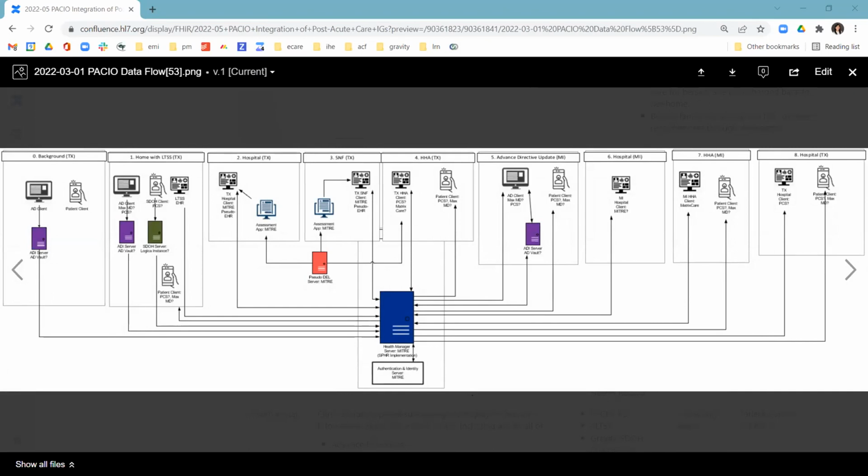So the data that's being stored, are you storing condition resources and goal resources and things like that? Only if your group, your IG has those in it, because the other IGs that we're integrating, as far as the PACIO cognitive and functional status, doesn't deal with the goals. There are some goals related to the advanced directives that does use the goal resource, but in a little bit different way than I'm sure yours does.